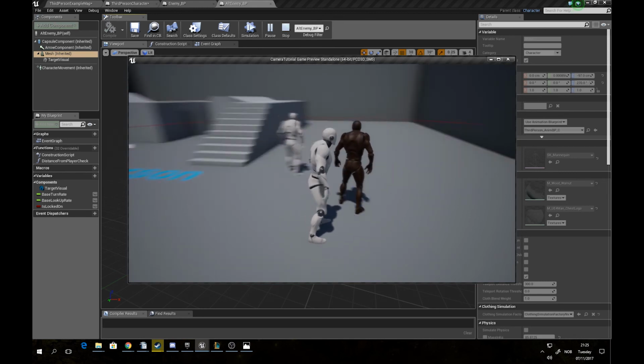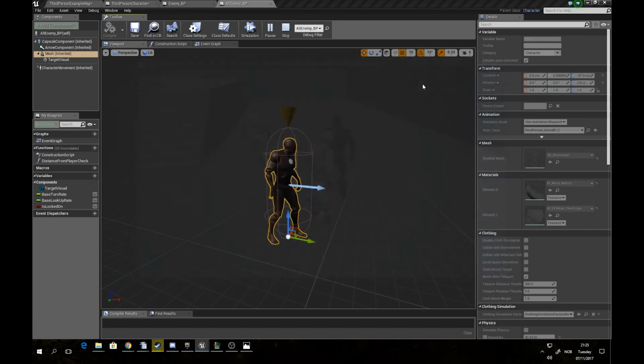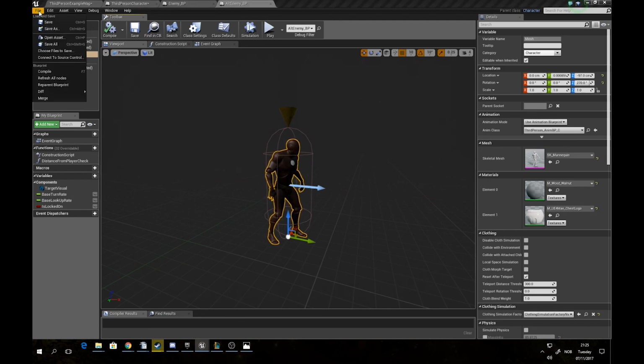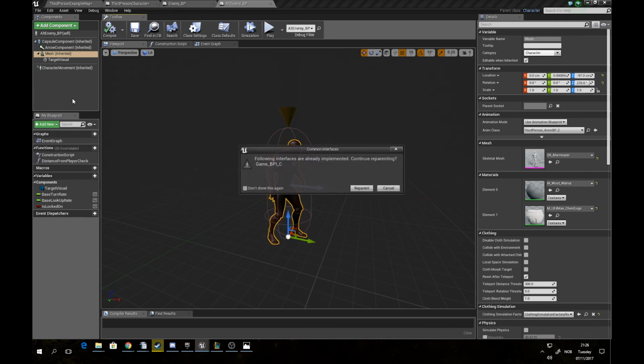And that's because, again, our system only really works for enemies that use the enemy BP blueprint. So what we need to do to fix this is enter our alt enemy BP, or any new enemy you have created. Go up to File, and go down to Reparent Blueprint. So hit that, and you get up this list, and we're going to find enemy BP, and just hit that, and yeah,